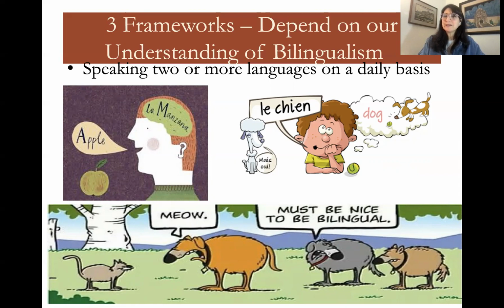So neuroscience has led us to see that it's not that way, that we use all the same parts of the brain, and that is more intricate when you're bilingual because you're making more connections. But other than that, you're still recycling from the same parts of the brain that are wired for communication and